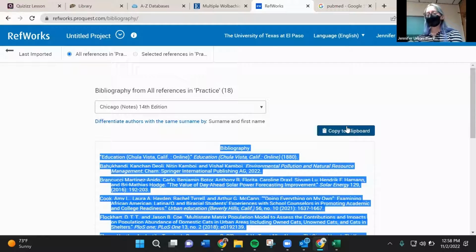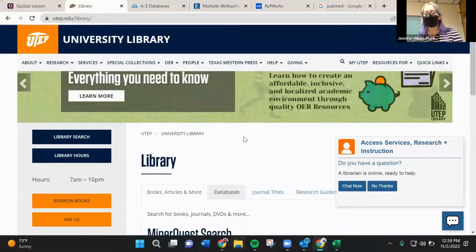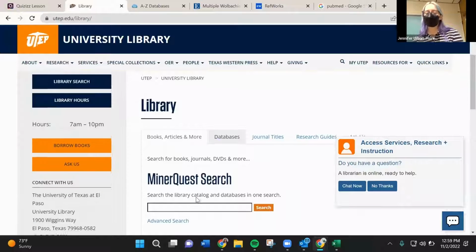But yeah. I need to understand this a bit more. If you're using RefWorks, that means all the materials that you have read, you have to read them through RefWorks? You don't have to. It's just a place where you can organize them and save them. And it's cool because you can use it on MinerQuest as well.